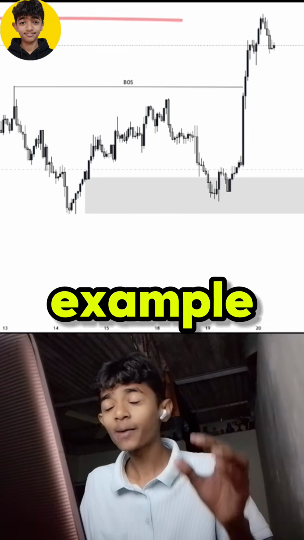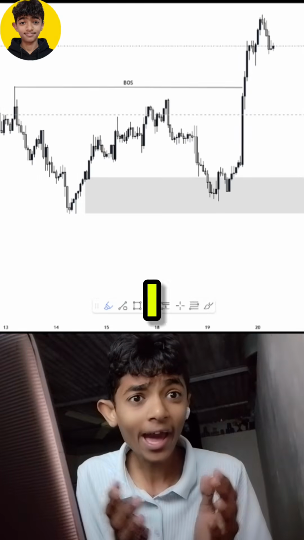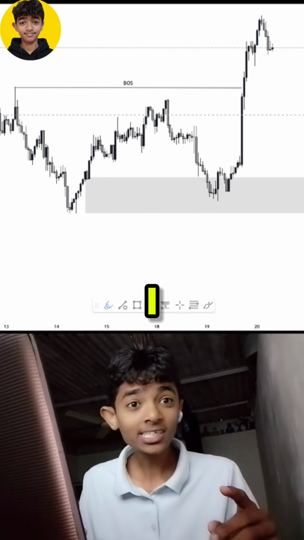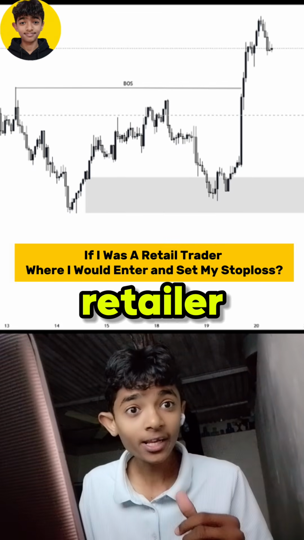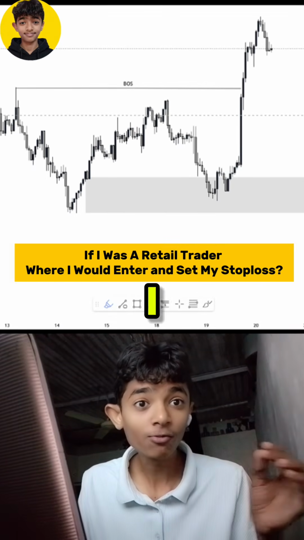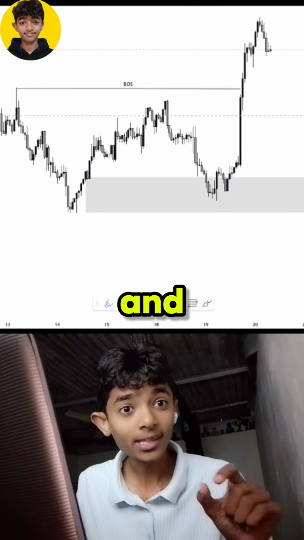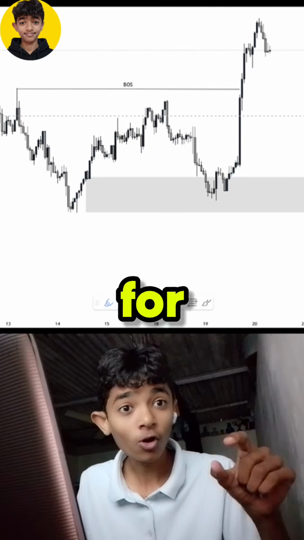So for example, this is how I see liquidity and how I wait for a liquidity sweep. Before marking liquidity, I just ask myself a simple question: if I was a retailer, where would I enter and where would I set my stop loss? So always ask yourself this question, then see where liquidity is, mark it and wait for it